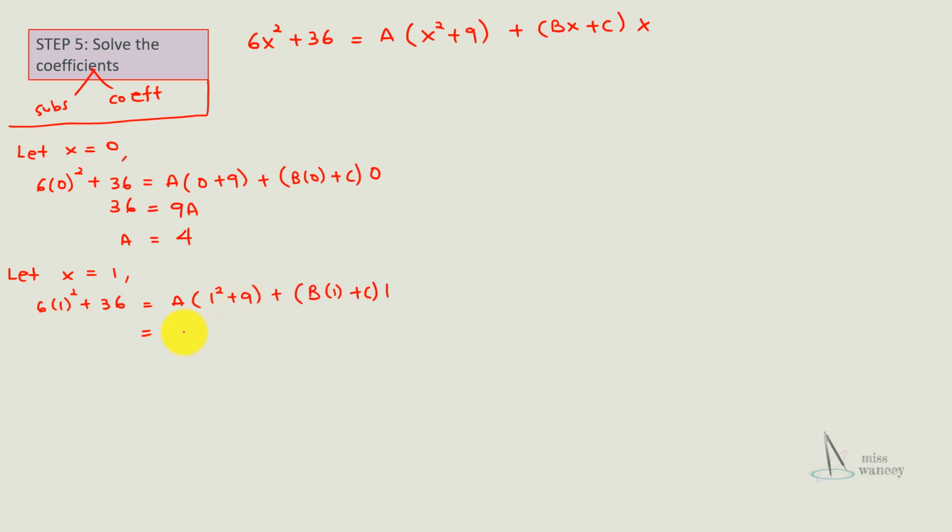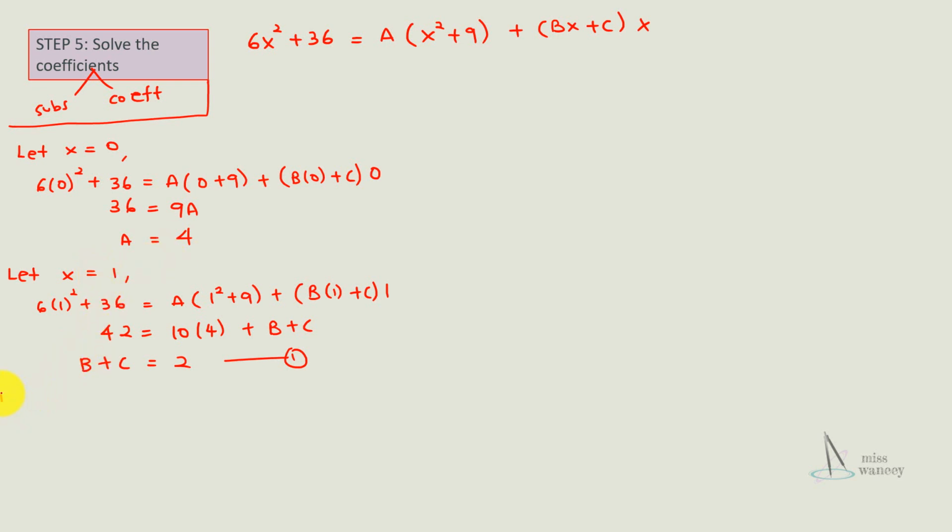So 1 plus 9, so this is 10a, so a is 4 plus b plus c, and this is 6 plus 36, so this is 42. So bring 40 to the left hand side, so I have b plus c equal to 2. So this is the first equation. Okay, so now let us perhaps use